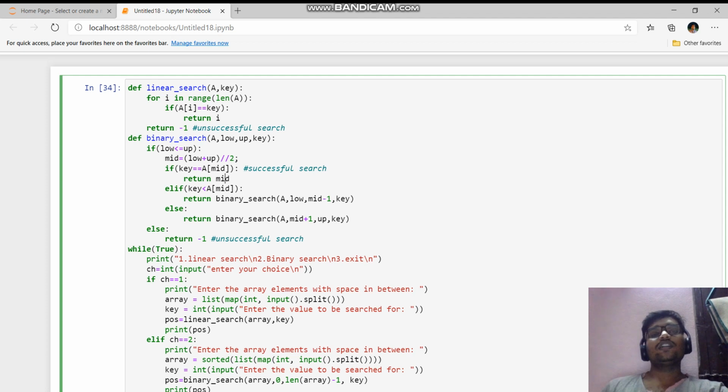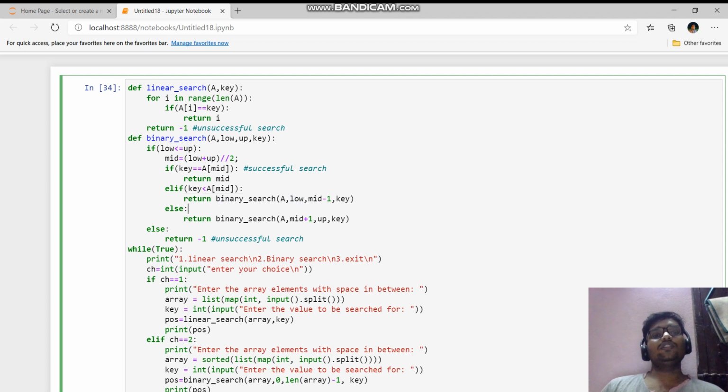Or else, we have two conditions, right? We'll check whether the key is present in the first half or in the second half. If the key is present in the first half, that is the left half, this function call will be executed.